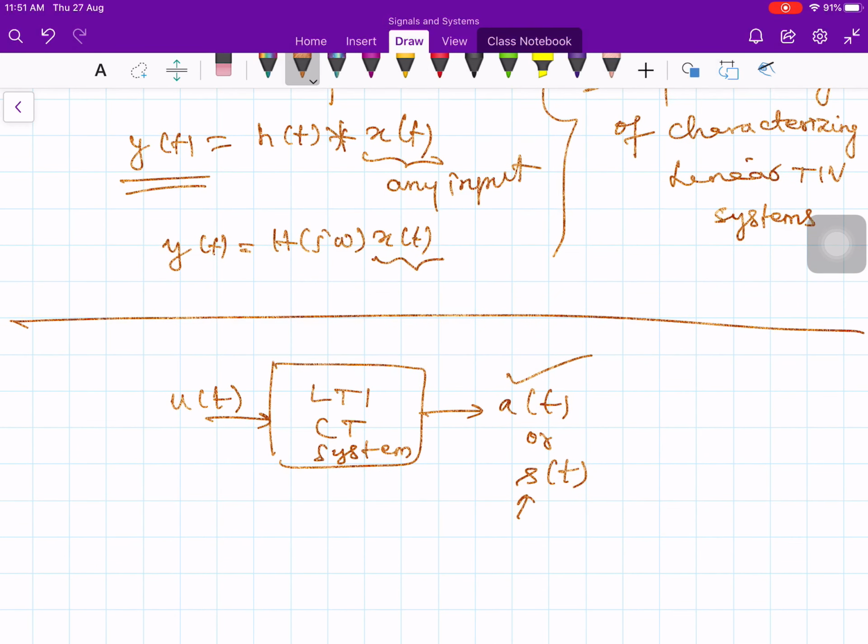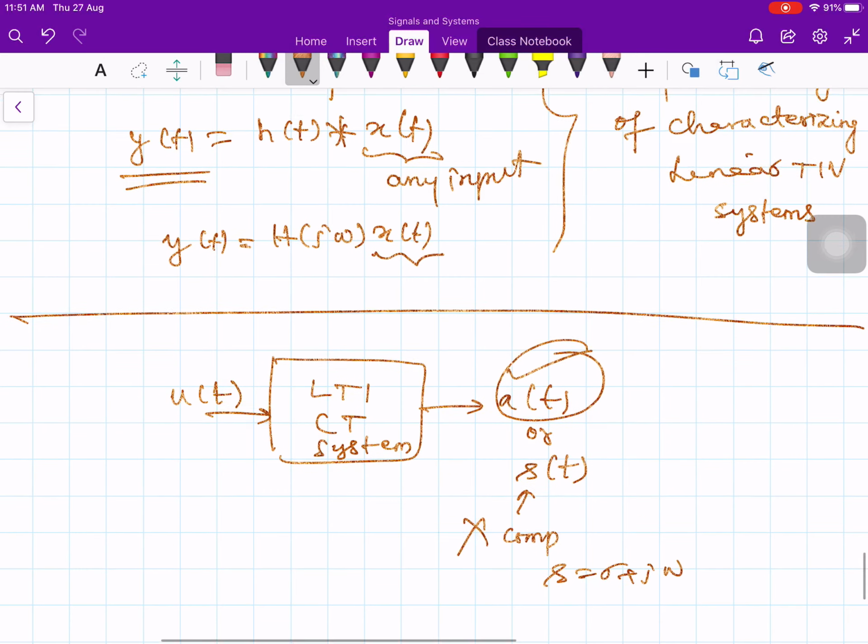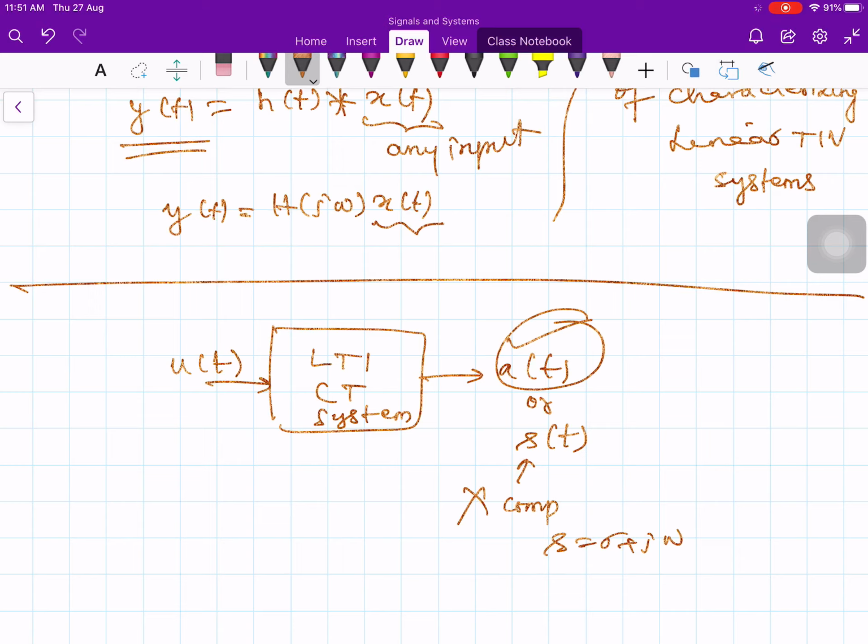The same S represents a complex frequency, S equal to sigma plus j omega, so let us not use it. So here you are giving a unit step u of t as the input, and what you get is the output A of t. That is the step response,